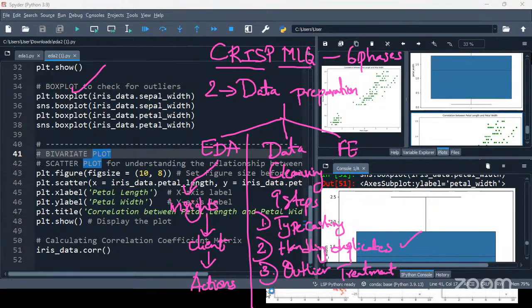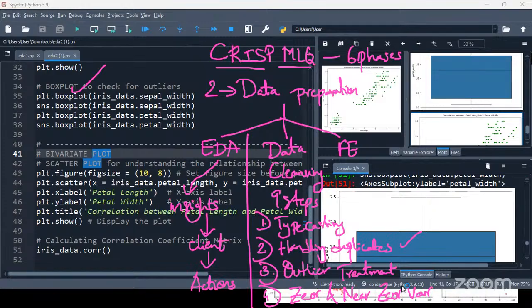Then next to outlier treatment, we have zero and near zero variance. We have understood the variance concept. What exactly is variance?